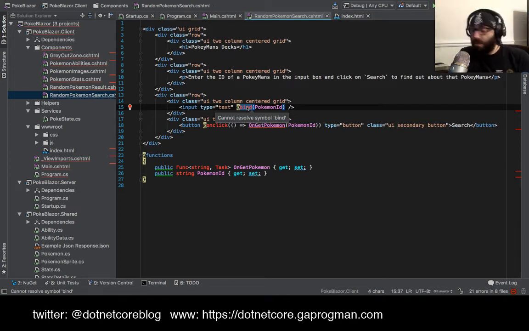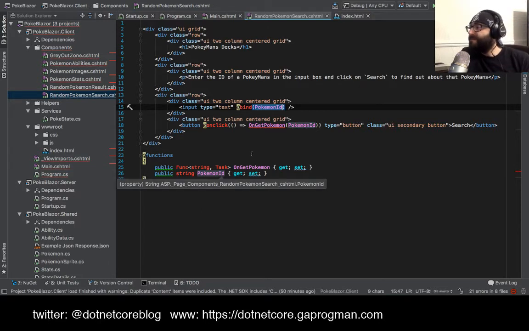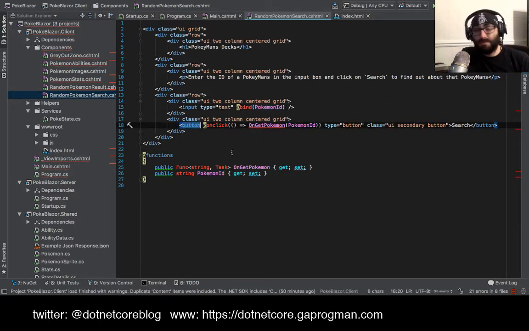So this bind here says, Razor, I want you to bind whatever the value of this input tag is to the value of this Pokemon ID property on this page. Okay, so it binds whatever the value of this is to this string. Now, of course, it's a string. You're going to start shouting at me, why are you binding that and calling it ID? Don't worry about it. We then have this button that has an on-click binding, which binds to this method, which